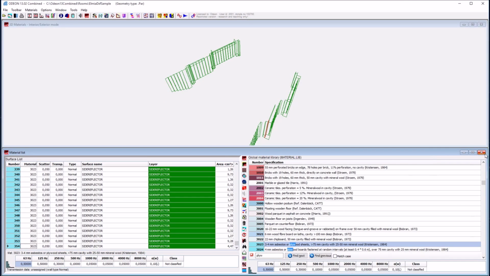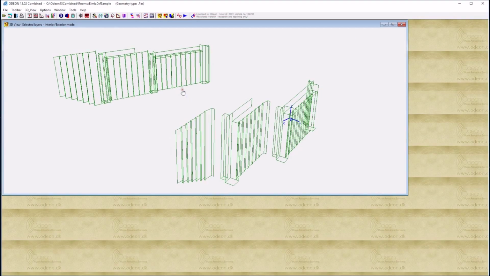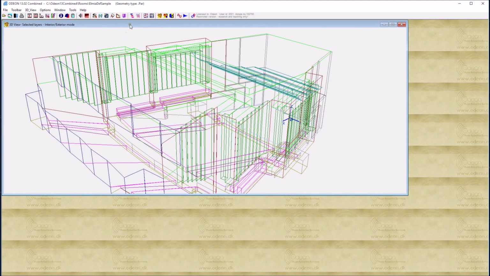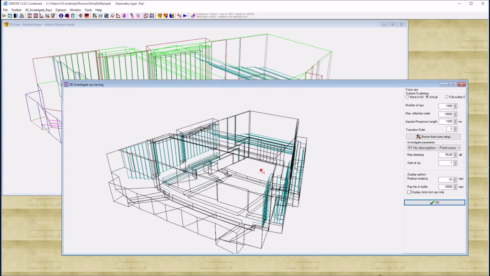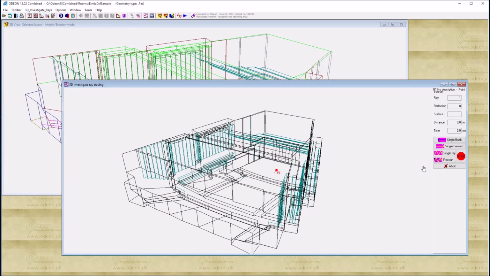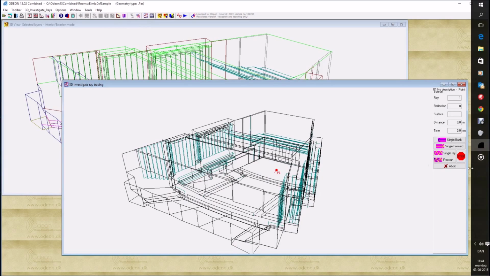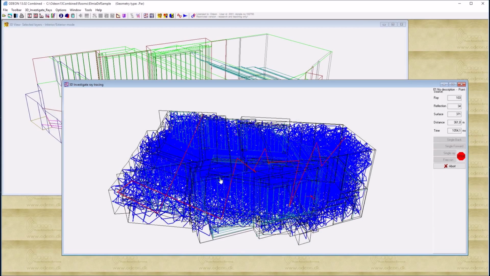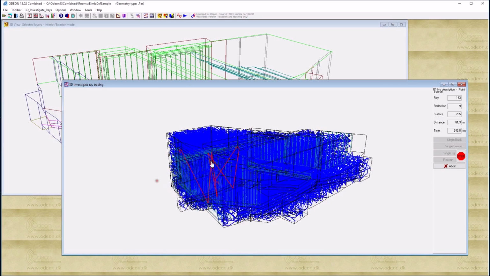So that was the first calculation in the room, and we've assigned materials, defined sources and receivers. Now we could enable all of our layers so we can see the full geometry again. What we can do when this is done is first we could make some visualizations. A useful one is this 3D Investigate Rays, and you might consider it kind of a gimmick, but it's also quite a useful tool because it allows you to verify that your geometry is watertight, so that rays are not escaping through holes in the geometry, and it seems fair that this is a fairly watertight geometry.